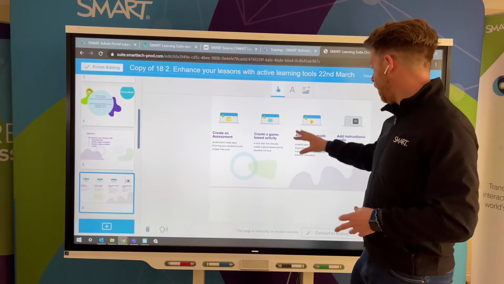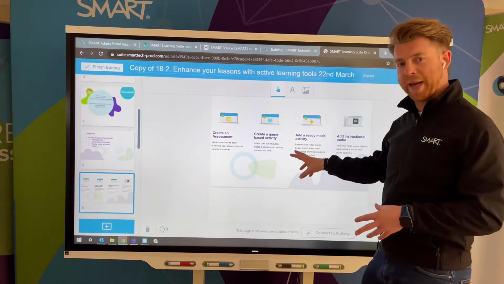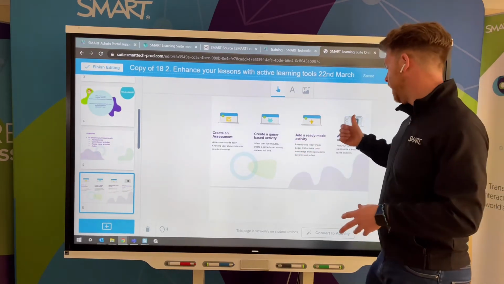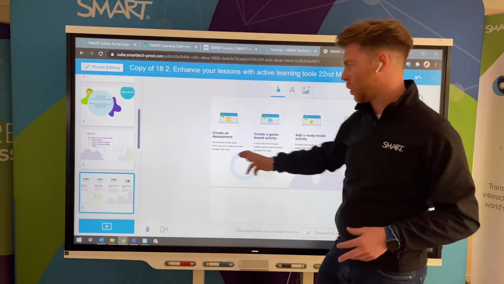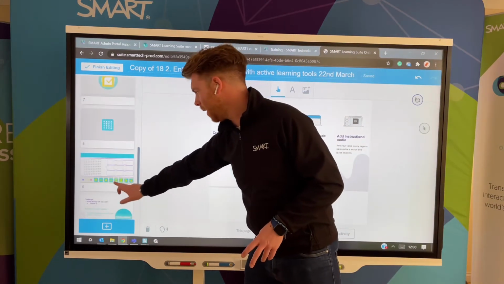So now I've got that, I'm actually going to jump onto this one as well and bring it into this one, put the two together. And this is adding audio instructions. So for this one here,